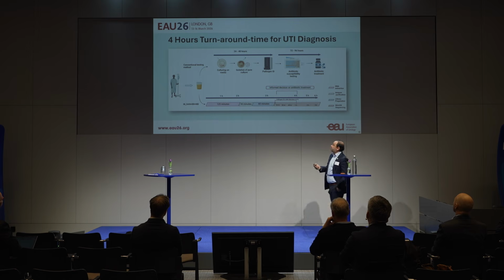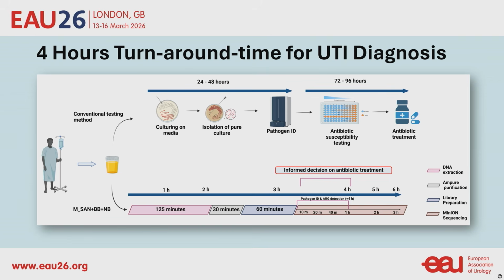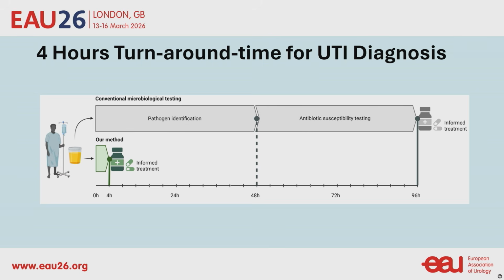Just to summarize, currently, when a patient has a urinary tract infection, the current methodology of taking urine takes somewhere between 3 to 4 days in the best case scenario to tell which antibiotic has to be used. The method that we have developed has reduced it from 48 hours to 4 hours. That's a huge breakthrough in detection and treatment of complicated urinary tract infections,